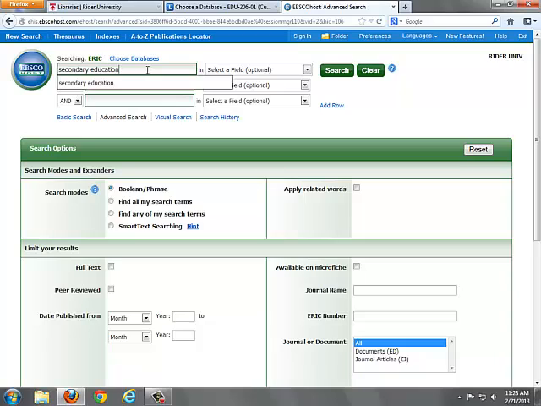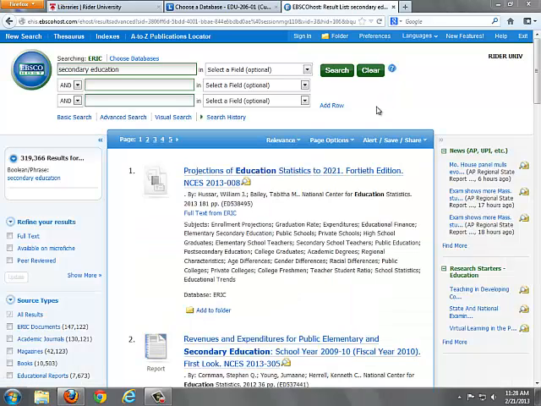All right, so let's say that, how many of you are planning on teaching high school? Anybody going to do middle school? All right, but so secondary education. Is anyone not doing secondary education? Okay, everybody in here, secondary ed. So I could do secondary education right here, and I could stop and look for that keyword phrase,